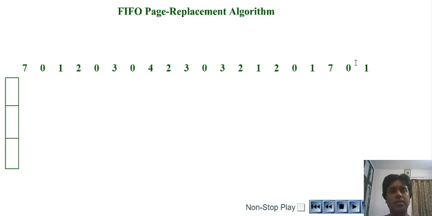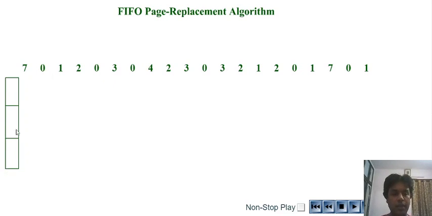Now reference string means that the CPU is asking for the pages in this sequence, right? So for example, a CPU is executing a program, executing a process, say P1, and these are the pages of that process. So now CPU is asking for such pages in the sequence, so we need to execute the same in the given sequence.